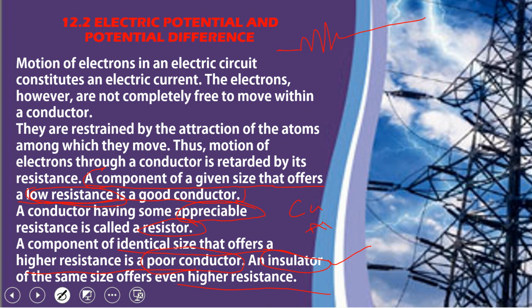Now the next is the mathematical formula of Ohm's law: V is directly proportional to I. So V upon I is equal to R, where R is the resistance. Now the definition of 1 ohm, the unit of resistance, which is ohm, represented by omega. 1 ohm means that when the potential difference applied across a conductor is 1 volt and 1 ampere of current is passing through the conductor, then the resistance of that conductor is said to be 1 ohm.